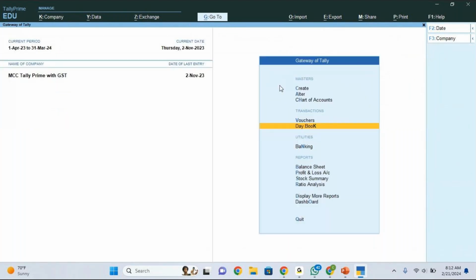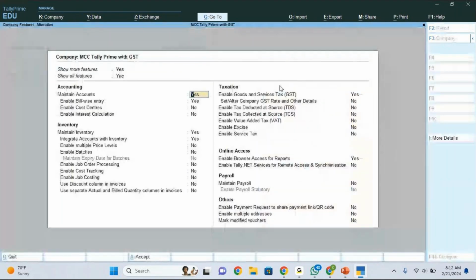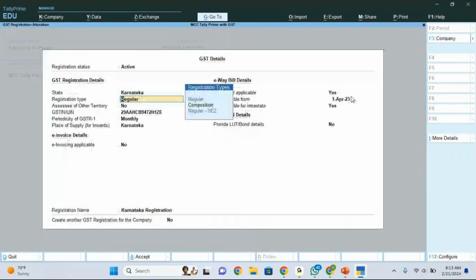So regarding this, if you have any doubts in any of the transactions, you can please let me know. So today we will see how to upload our e-way bill details in Tally. So before we do that, if you remember, in the beginning of the GST session, while we were creating a company and defining the features, here, press F11 to get the company features screen. Here, under taxation, the option which says enable goods and services tax, we enabled this option and after we pressed enter, we were taken to the GST registration details screen where we provided the state, the registration type, the